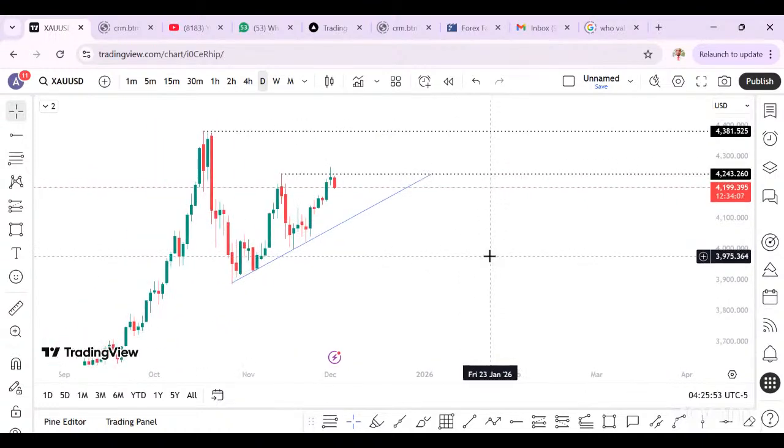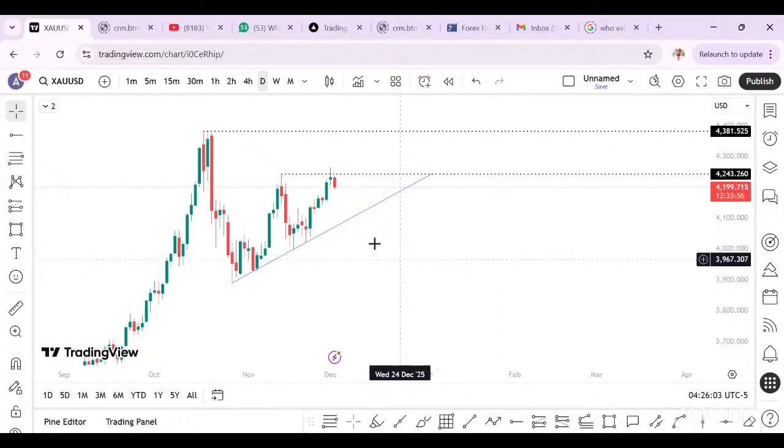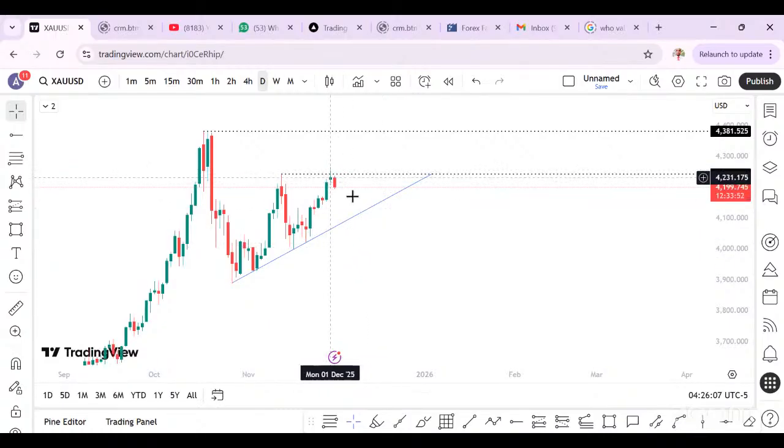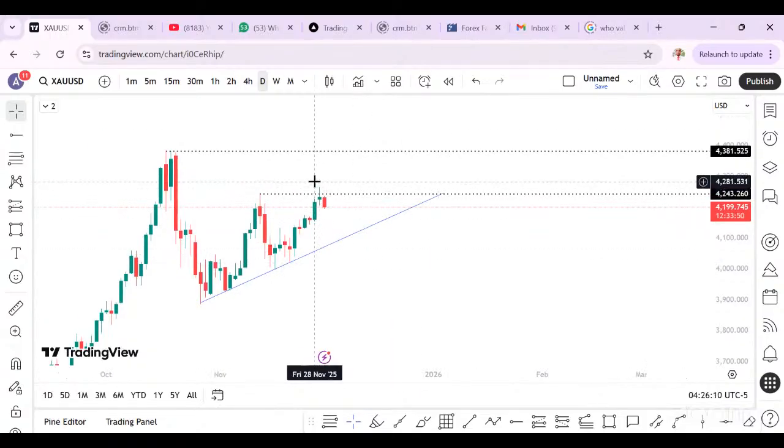For now, I'm still out of gold. I'm not selling it. The reason is that yesterday's candle failed to close above this high. So we are officially